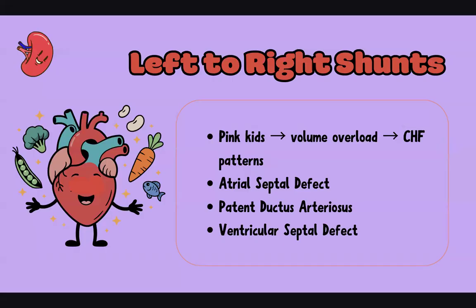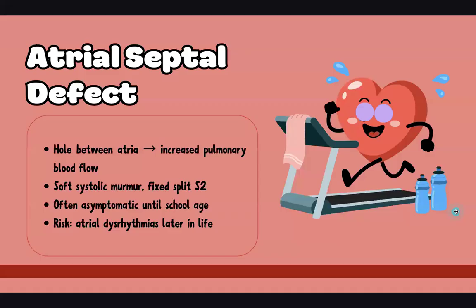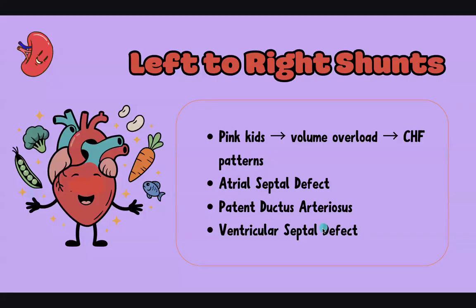All right, so the first thing that we're going to go over is left to right shunts. These are your pink kids, so no cyanosis here. They tend to have fluid overload though, and a lot of congestive heart failure patterns. And then these are the three main ones. I'm about to go into them a little bit in depth before we do the in-depth lecture on them